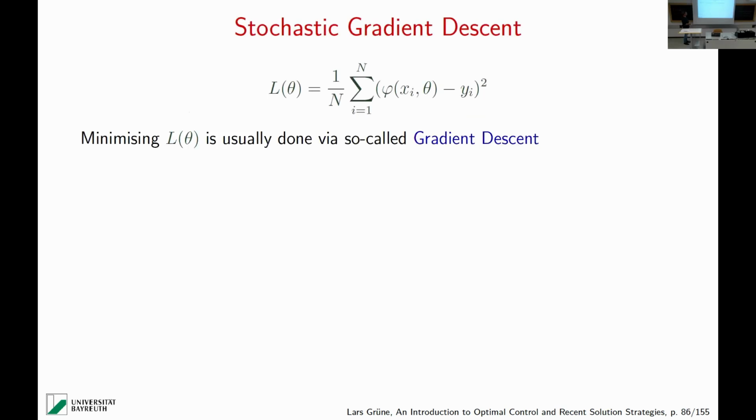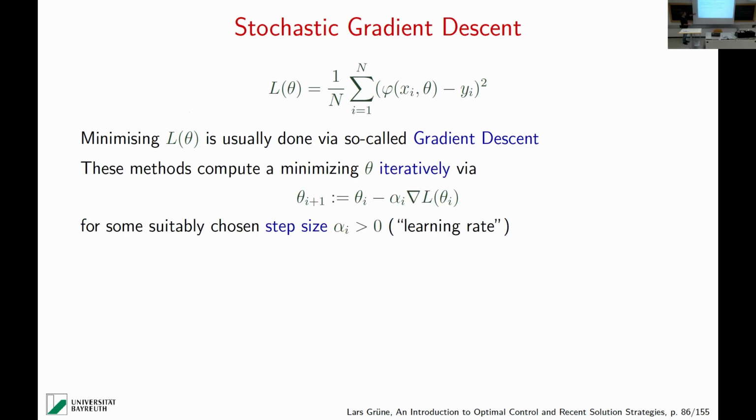Yeah, how would you do that? So the usual method is gradient descent, although more and more also second order methods come up in deep learning, but gradient descent is still the most popular method. So what you do is you compute the gradient of that function with respect to theta and go one step in the opposite direction to make it smaller. And then you compute the gradient again, go again one step. So it's really a gradient method where you follow the gradient to a at least local minimum, hopefully a global minimum, right? So this is what is done, right?